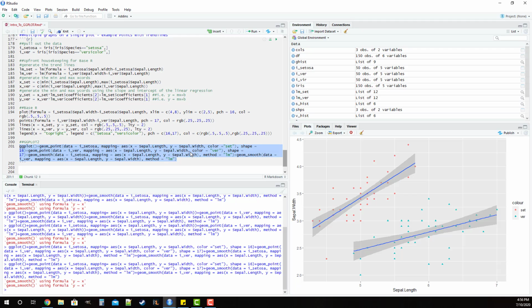The next thing that I want to do is set these smoothing lines up in much the same way. Inside of the Setosa call, I want to set the color equal to set here as well. And then here I want to use color equals ver. So you can see here that we're using set and ver to group these together. Now I want to do one last thing here, and that is change the line type. And that is done by using the